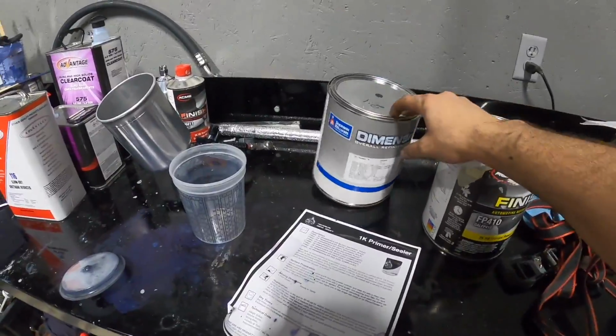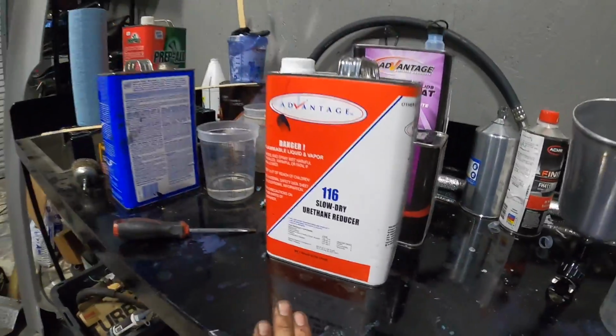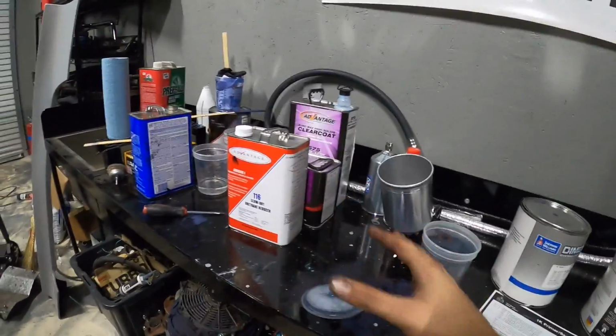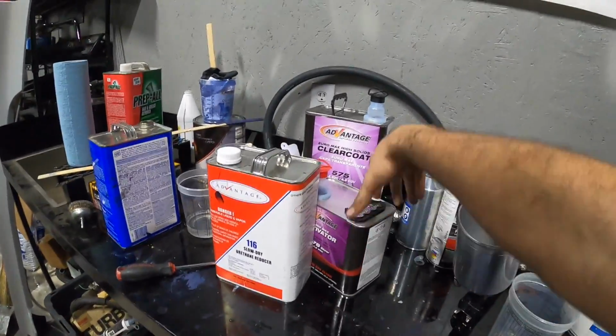This is a 2-to-1 ratio. You want to reduce it with a slow reducer. If you've got a big job, use a nice slow reducer. It gives you a little more time to keep the paint wet and not get overspray on some sections. Moving on to the clear coat, we actually use this stuff right here,